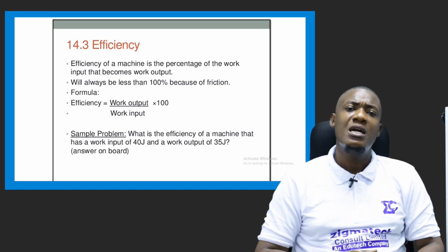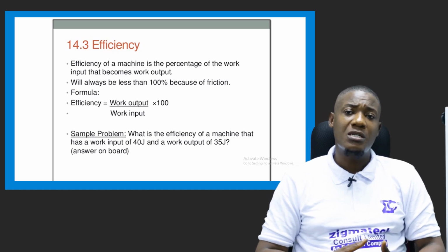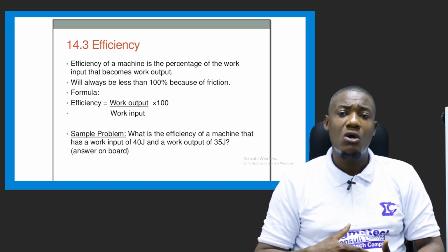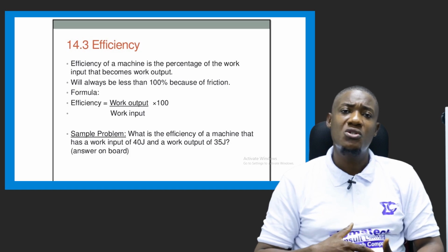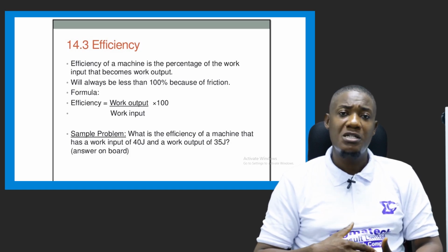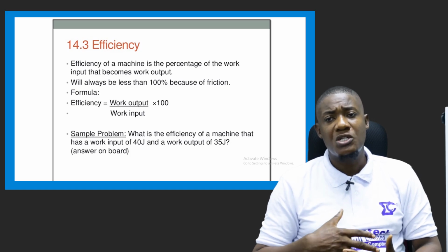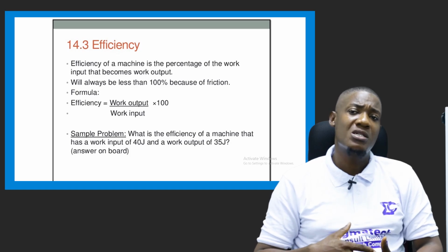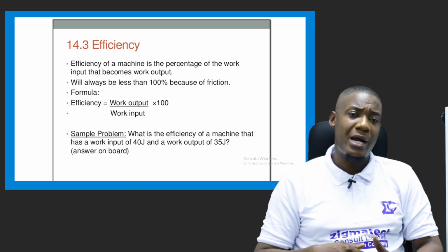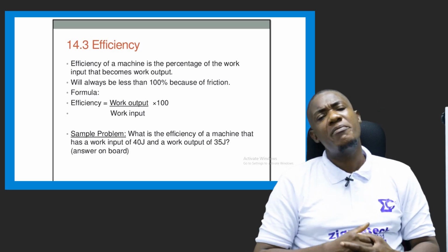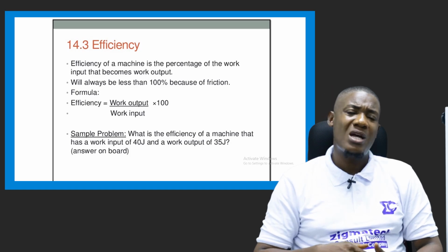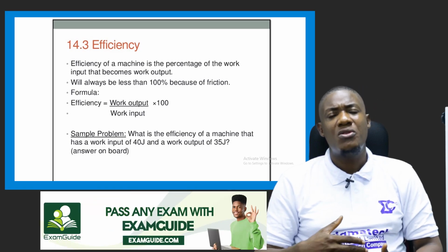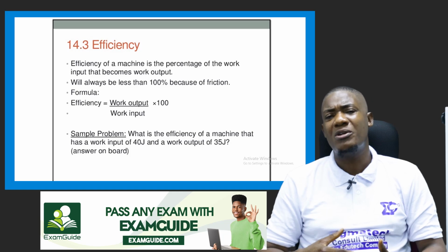So we can also say here that efficiency of a machine is also given by mechanical advantage of a machine all over the velocity ratio of the machine. Please take note of this formula I'm giving to you. Efficiency of a machine is equal to mechanical advantage of a machine all over the velocity ratio of the machine times 100/1. The efficiency of a machine is also affected by friction. Friction affects efficiency. Therefore, there is no machine that has an efficiency of 100%,